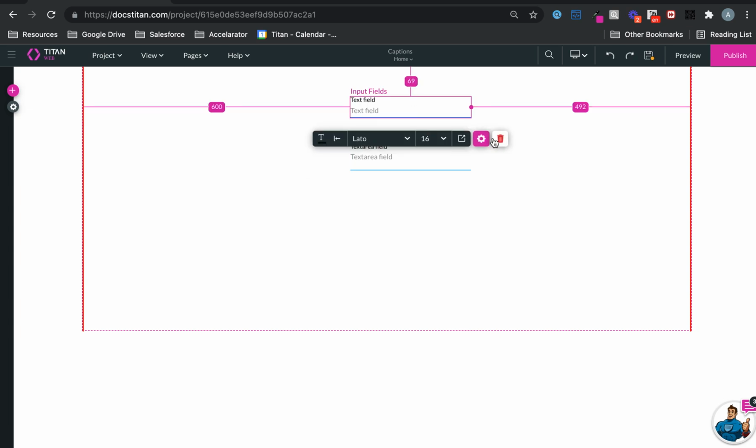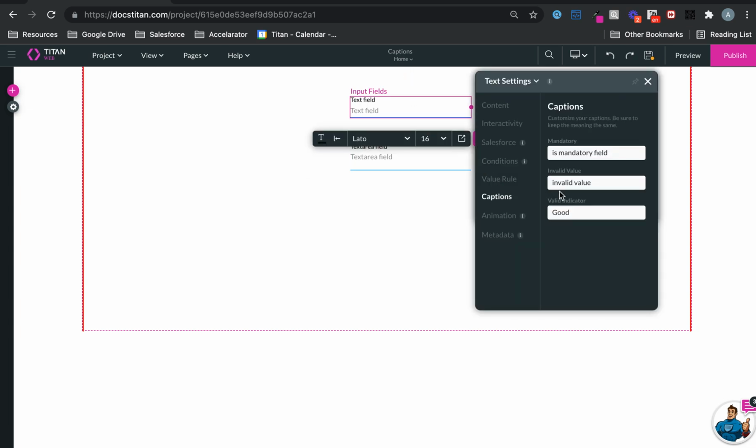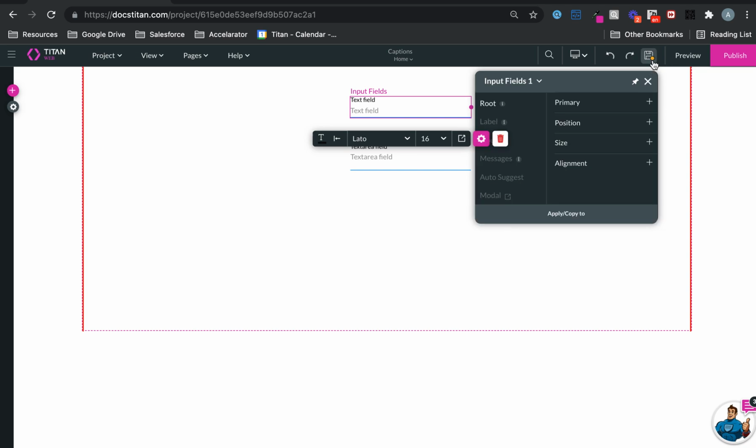Now, if I click on the gear icon here, I can go over to the captions and say, I don't know, I'm just going to put something in here. So I'll say hashtag, I'll call it element level mandatory. Alright. So now if I click save and click preview,